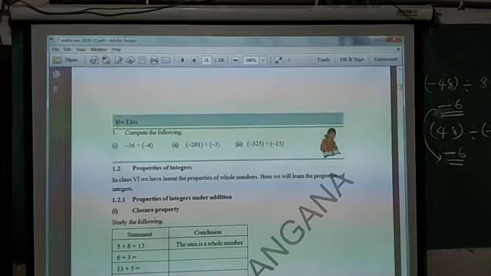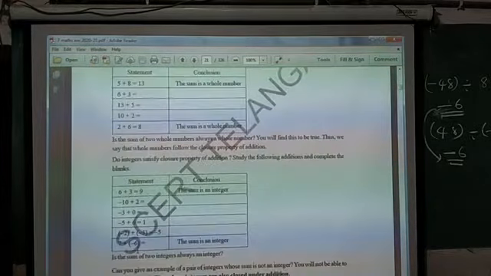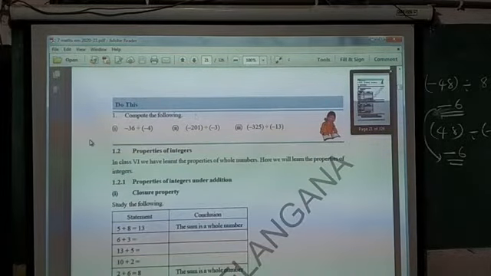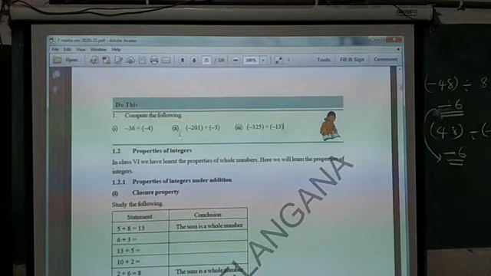This is on page number 13. On page number 13 also there are some divisions. You can answer these divisions also. Minus 36 divided by -4, minus 201 divided by -3, minus 325 divided by -13. Because here you see symbols combination first. Minus and minus will become plus. 36 divided by 4, 9. So answer will be plus 9. Minus and minus combination plus. Then divide 201 by 3, you do it.